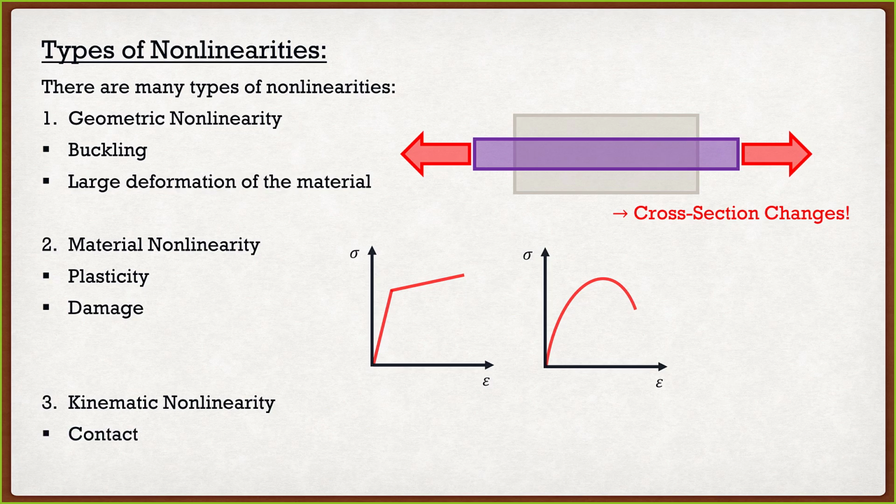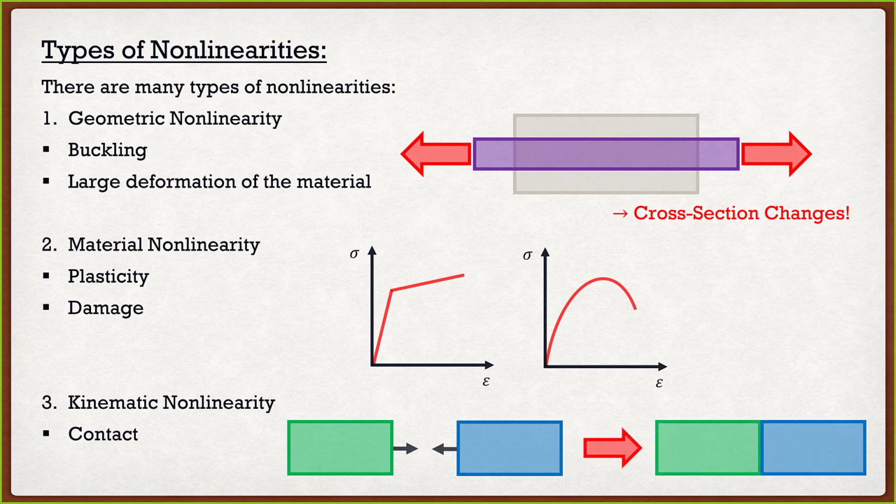Very simple. If I had two objects coming together, we know that at some point they're going to hit each other and make that contact. Now, again, when we're dealing with a finite element program, if I don't specify contact, what's going to happen is the two shapes are just going to go right through each other. You guys can try it right now in ABAQUS. You guys know how to create a simple square. Just create two of them, push them together. They're just going to go right through each other.